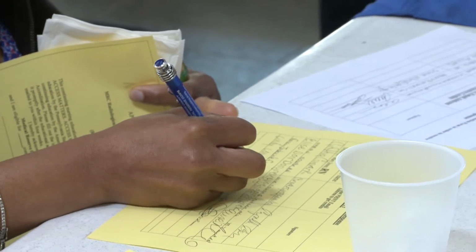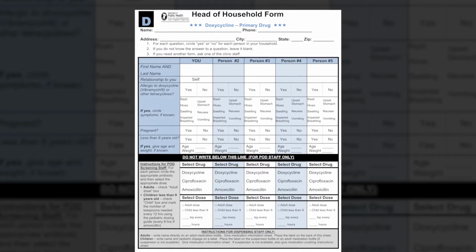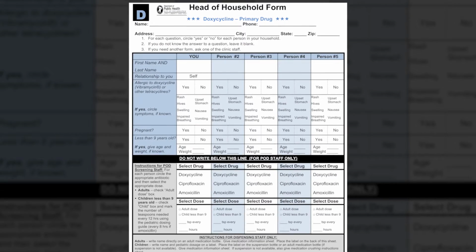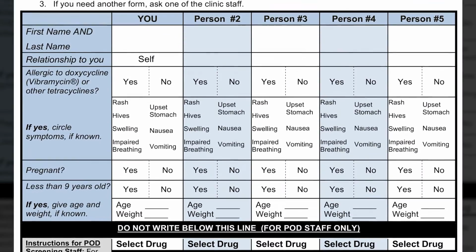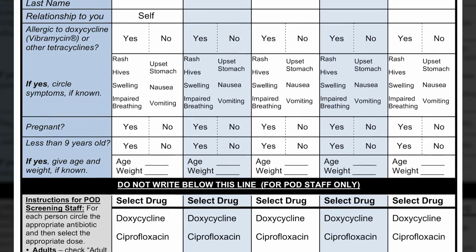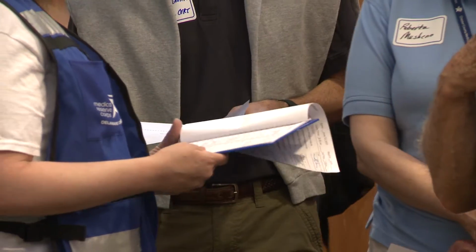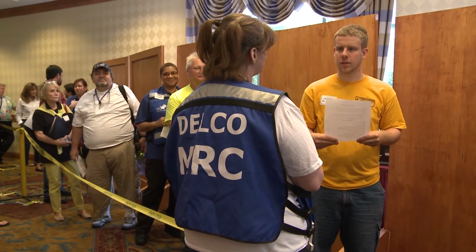For a medication pod, one person can pick up medication for an entire household using this head of household form. This form will be tailored to the emergency and will usually ask questions about allergies to certain medications, pregnancy, and the need for pediatric dosing. Some of the public may print the forms at home and bring them already completed. Patients can also complete their forms while standing in line, and line staff will be available to assist with completion